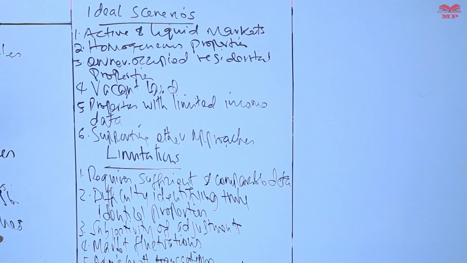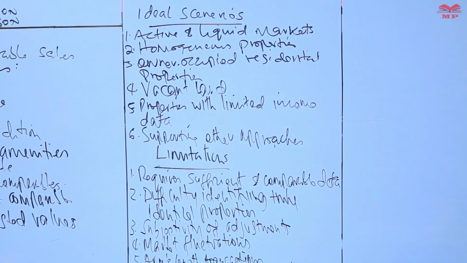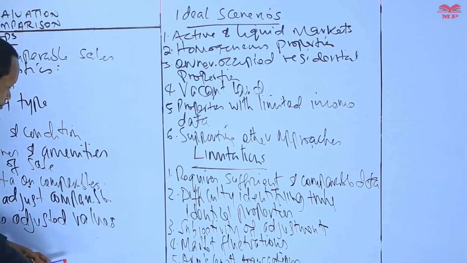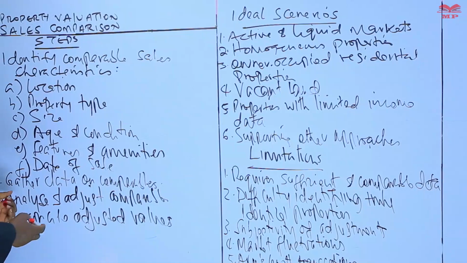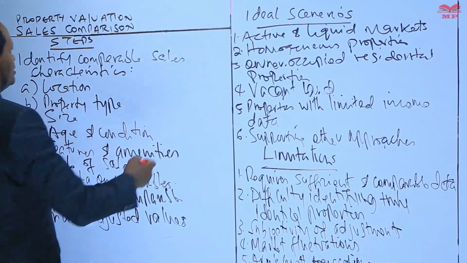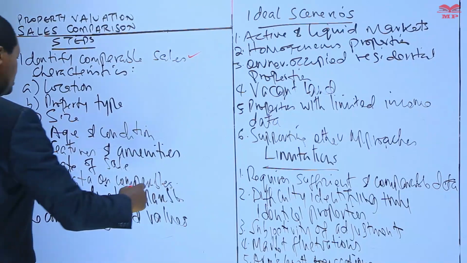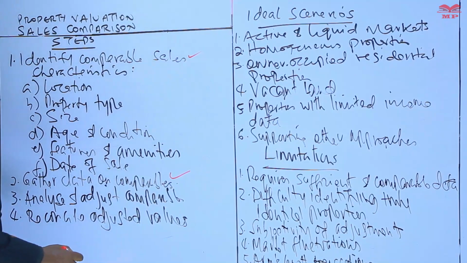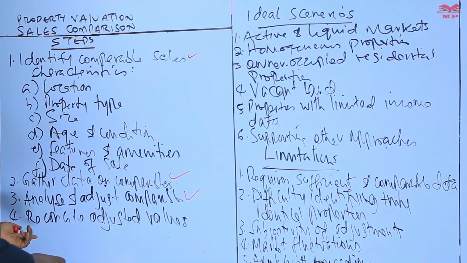So that's it, candidates, for the sales comparison. We've defined what a sales comparison approach is in property valuation. We've identified the steps. This is step number 1, identify comparable sales. Step number 2, gather data on comparables. Step number 3, identify and adjust comparables. Then you reconcile